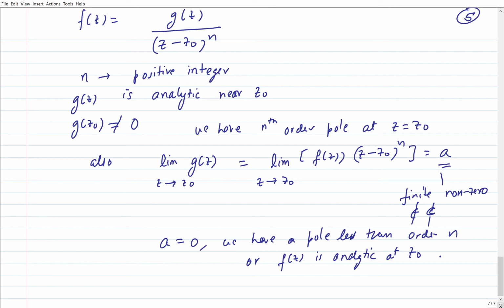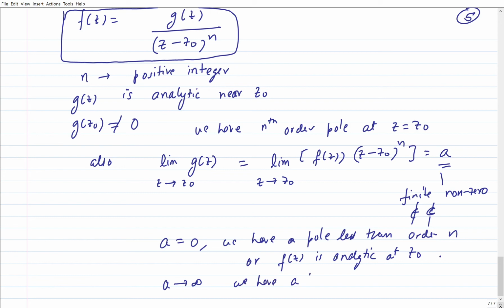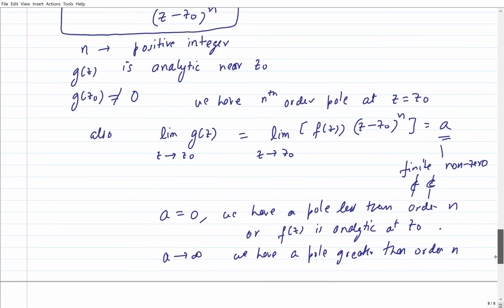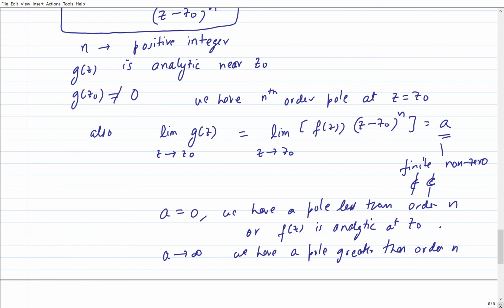Remember, fz was this guy. And if a goes to infinity, it's no longer finite, then we have a pole greater than order n. So you might need to play around and stare at these conditions a bit, but what we have done is